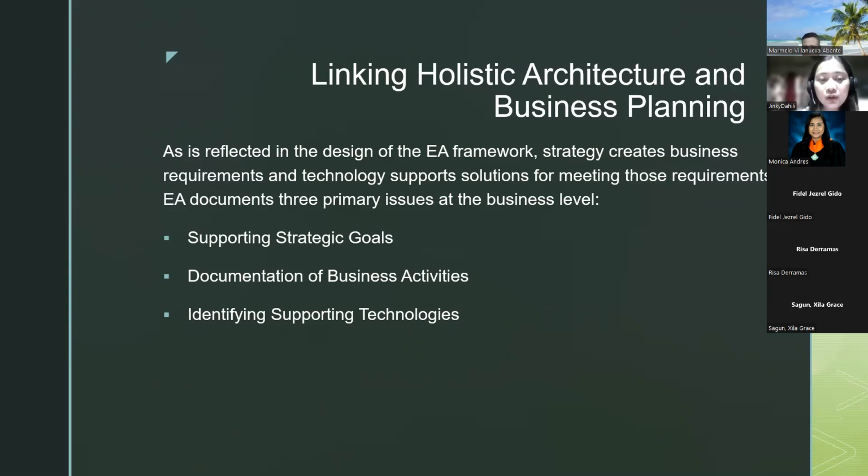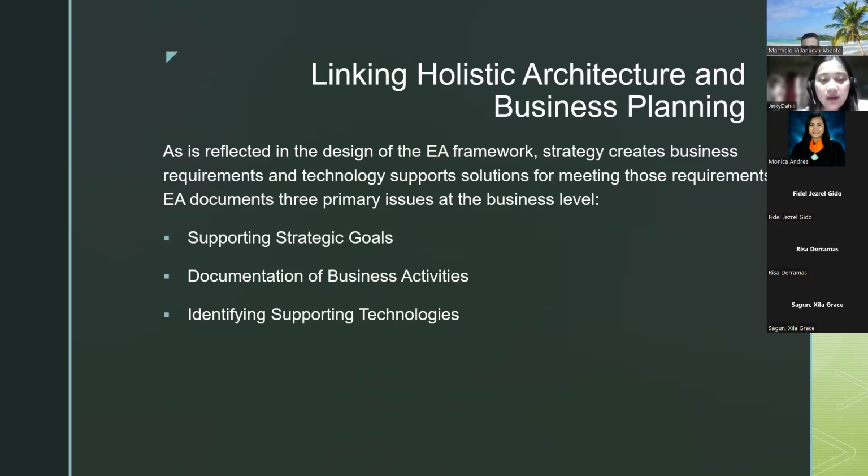The documentation of business activities: documenting the creation and delivery of business products and services is important in supporting business process reengineering projects and in documenting business activities to show inputs, outputs, and outcomes, and other elements of influence regarding each process. It's also important to identify how business processes are linked to one another.